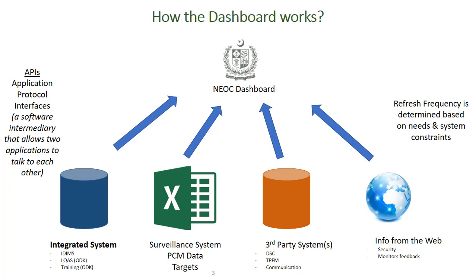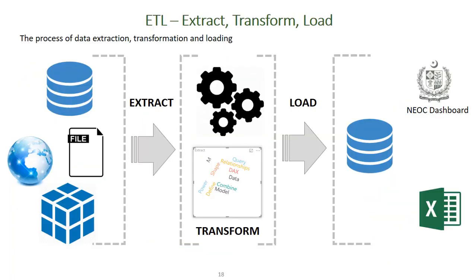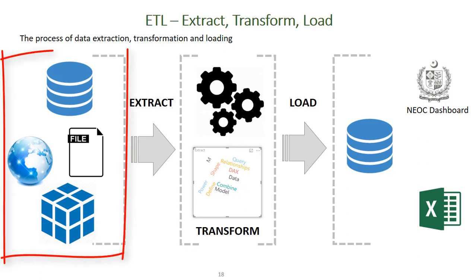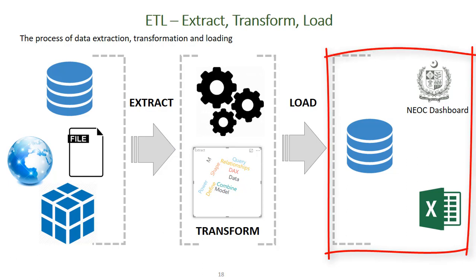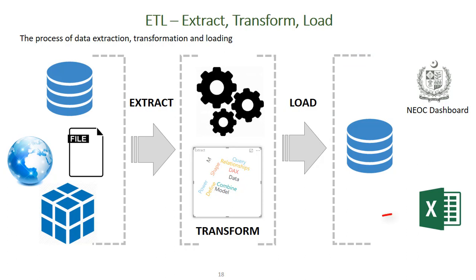Once the data is entered, the ETL process is started, which is explained in the next slide. As the Pakistan polio system uses a standardized approach for the management of data, which is aligned to the NEEP document, this standard approach also requires data to be labeled as standard indicators. Data is collected by different sources and passed to the NEOC transformation engine, which processes the data and loads it for BI to use. This ready-to-use data is displayed in graphs, charts, maps, and can also be downloaded in Excel.